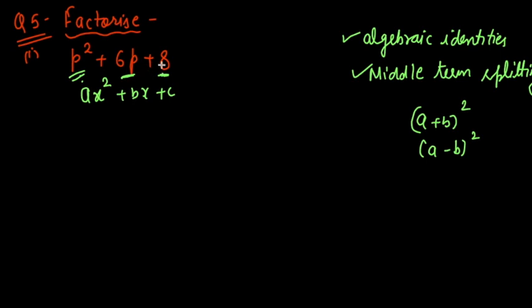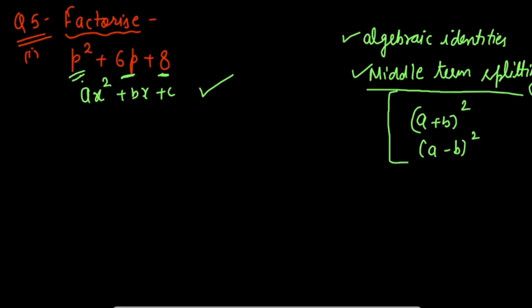So for such cases, when you have a quadratic equation but you are not able to solve it using identities, we will make use of middle term splitting. And how do we use the middle term splitting method? That I have explained to you in my introductory video. We will be solving these questions using the middle term splitting method now. I hope this is clear, the difference where you have to make use of the middle term splitting method.